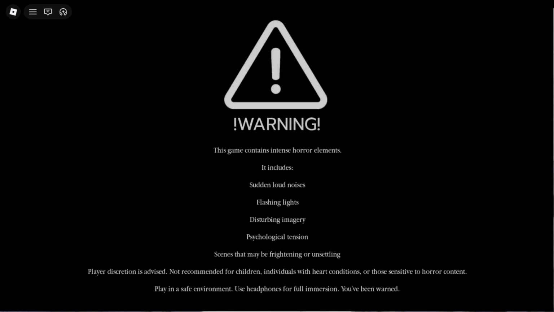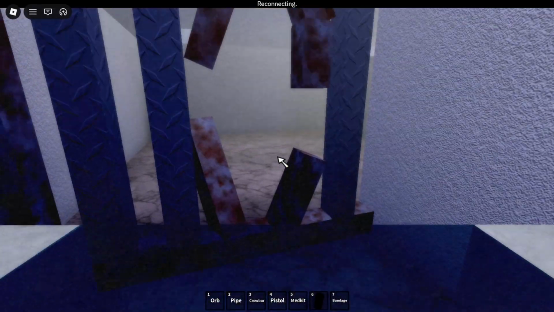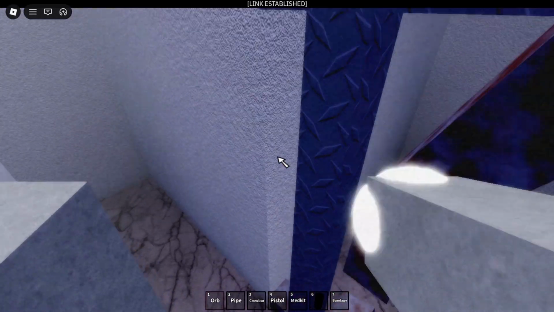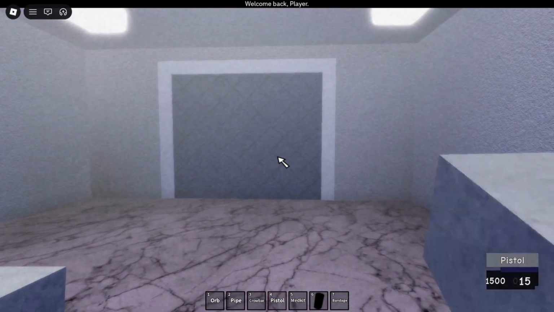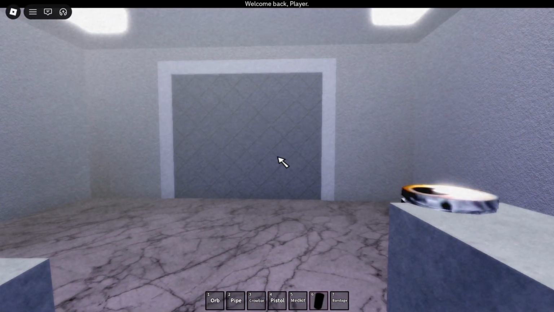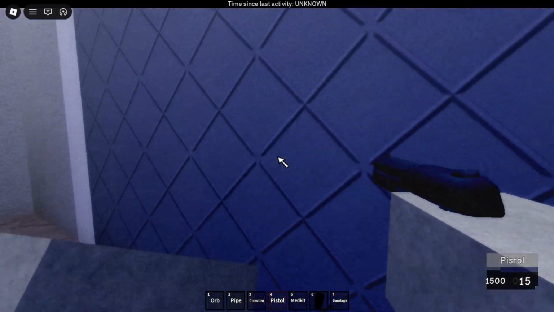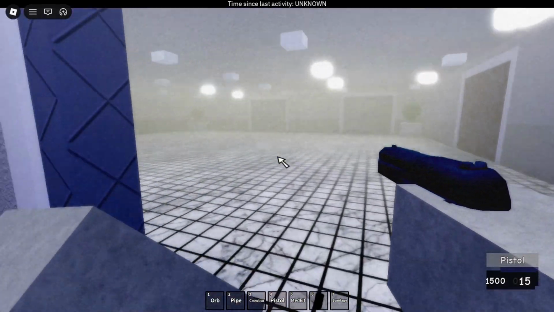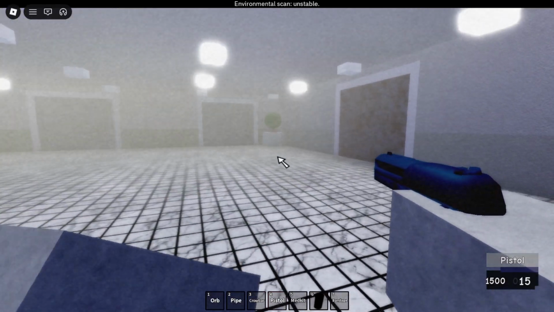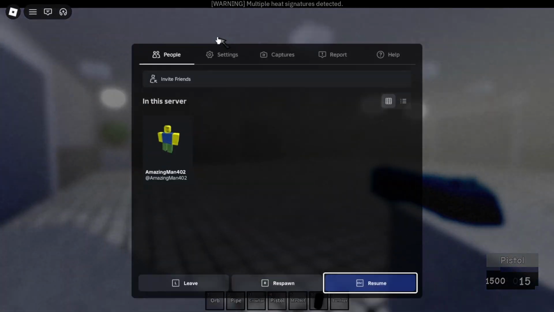Instance 0. This game contains intense horror elements. I can't read all that. I think you should have to click to continue on that page. Whoa, holy shit, I really have a lot of stuff. I have an orb, a pipe, a crowbar, a pistol, a medkit, Boxy-Cola, a bandage. I'm gonna get the pistol out. This is crazy. It's loud as hell, by the way.